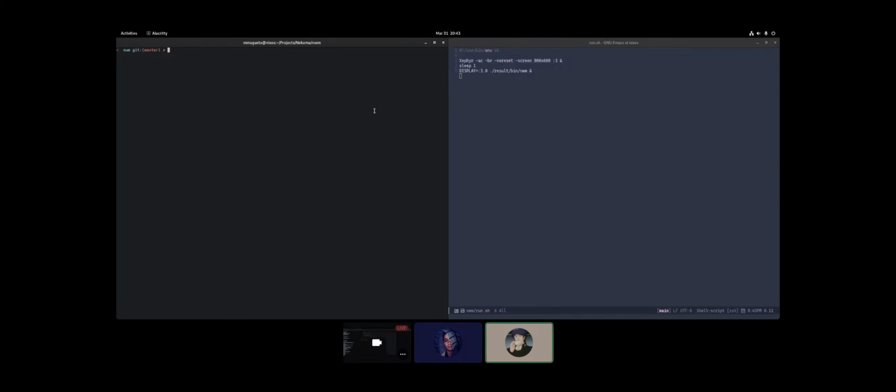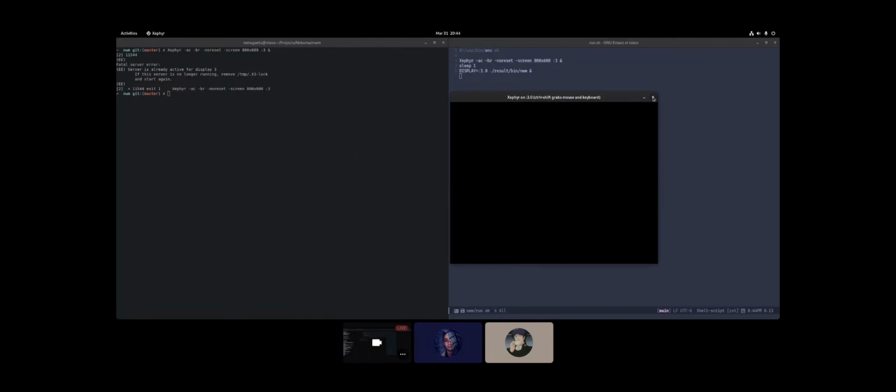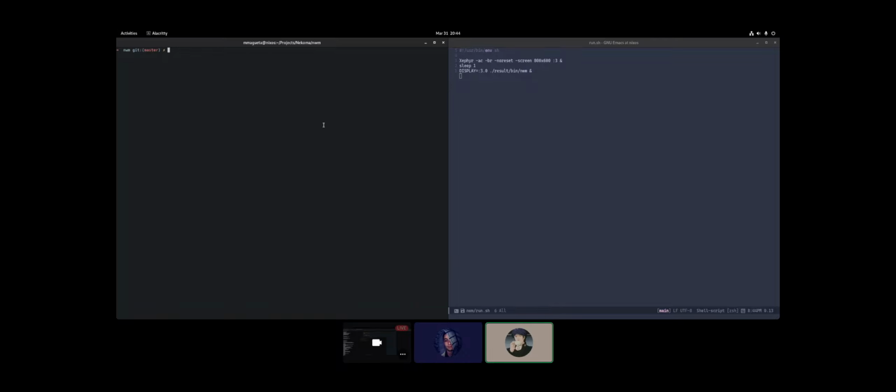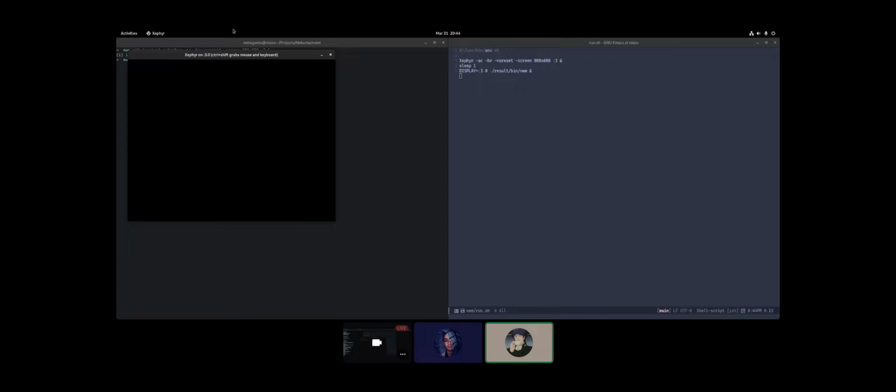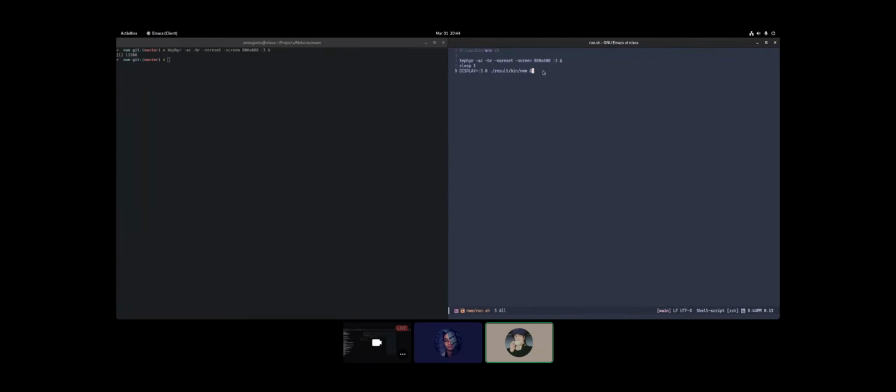So in this example, I'm just gonna spawn a display with 800 by 600, and there is one already running. I'm gonna kill this and start again. So I'm gonna start with 3. So there it is, and then you can just pipe